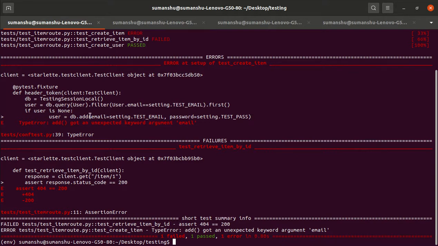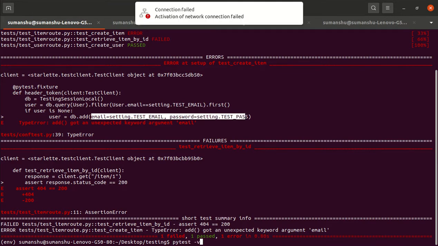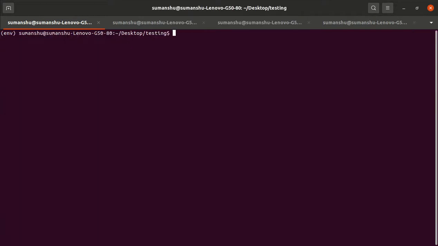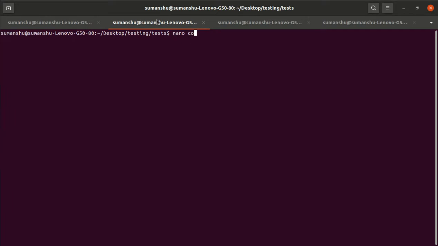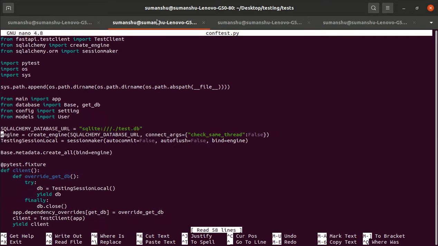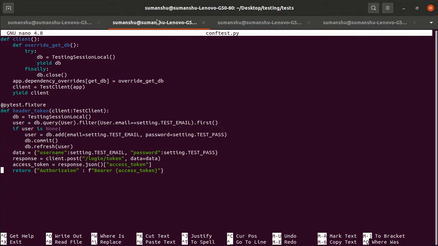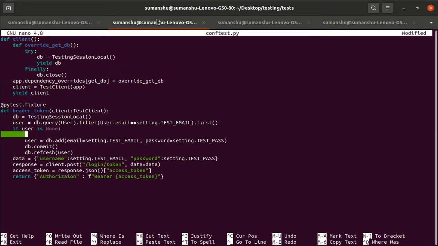Okay, here we have to pass the user object. Shoot. We have to pass the user object only. In the conftest.py file, here we have to pass the user object. So rather than here, we have to create the user object.